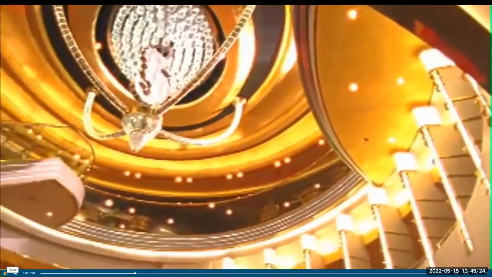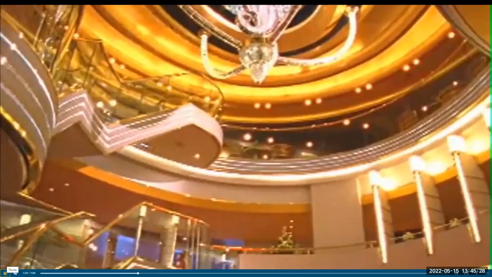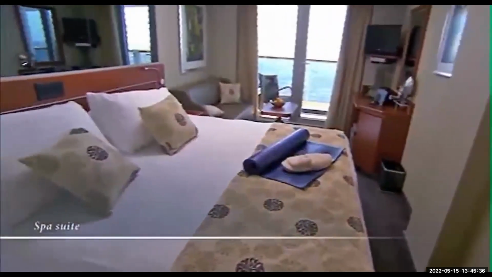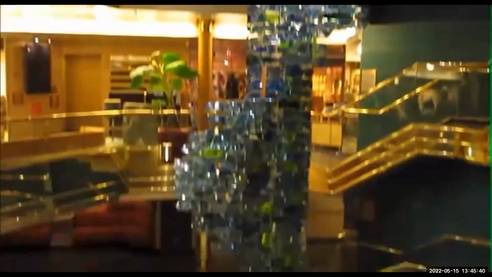One of our major initiatives is to keep our product fresh and relevant for our brand. And so that means investing in the onboard experience, including the staterooms, the common areas, the back of the house technical